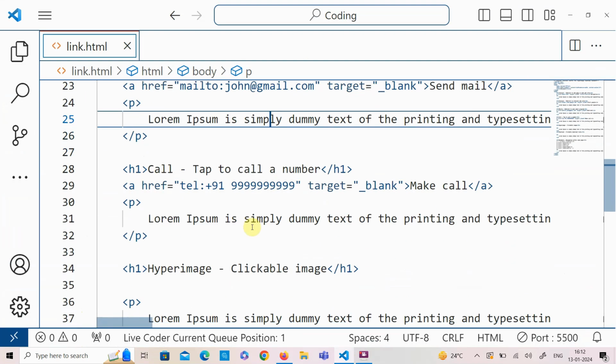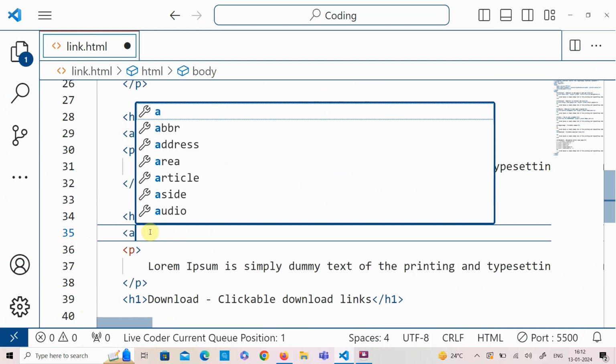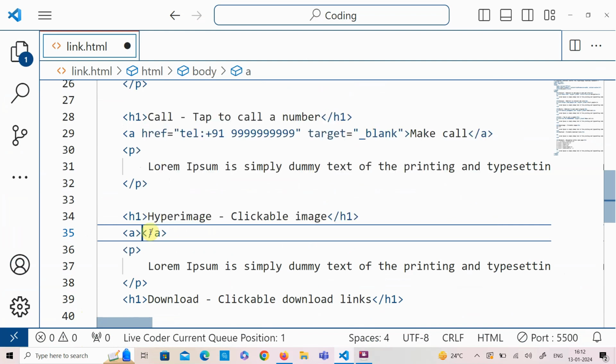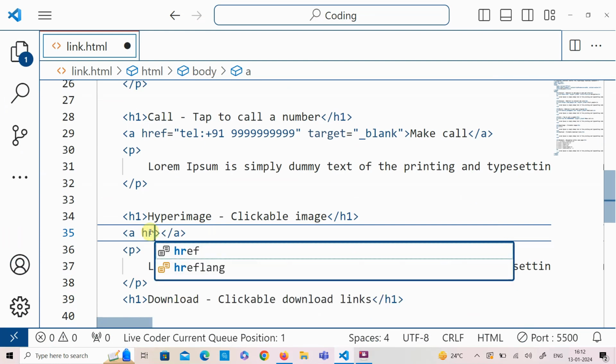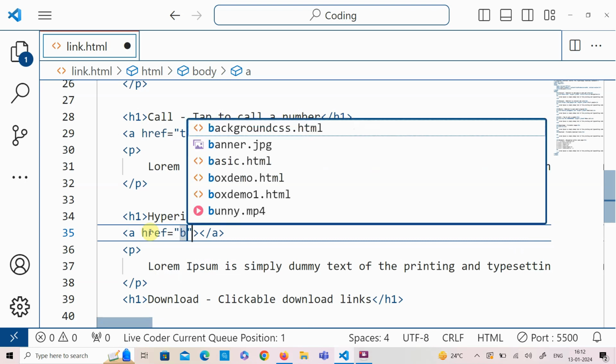And the next thing, we can do it with the anchor tag. We can create a hyper image, that is, a clickable image. So for that I am going to create an anchor link. If I click this particular image, it has to go to the corresponding hyperlink. So href, I am going to give the same thing, that is